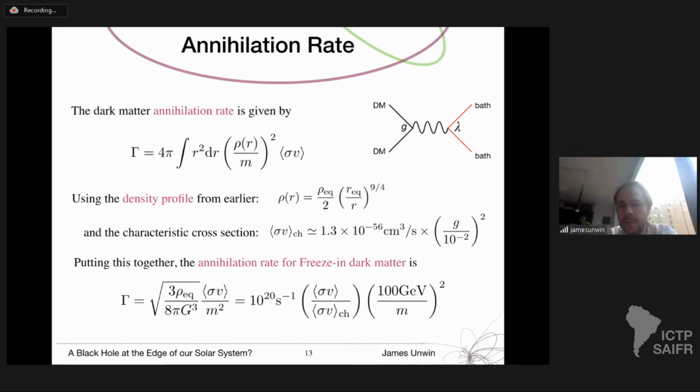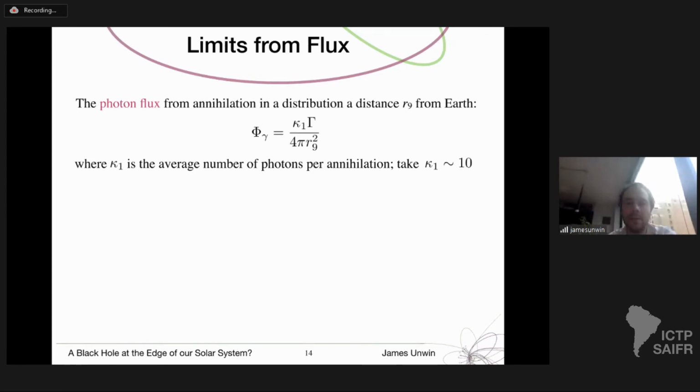So here I've got my cross-section as a function of this characteristic rate. If I vary the cross-section, this will enter as some multiplicative factor. Similarly, varying the dark matter mass will also change this result. Now, once I have this, I'd like to compare this to something, and the natural thing to compare it to